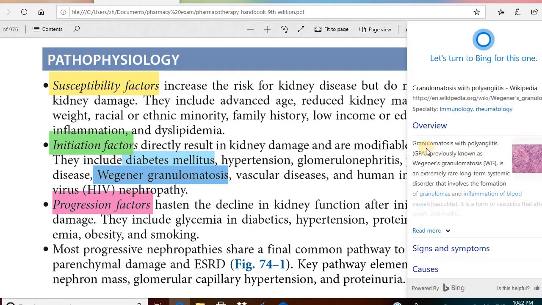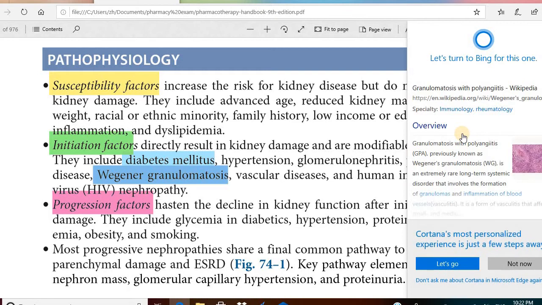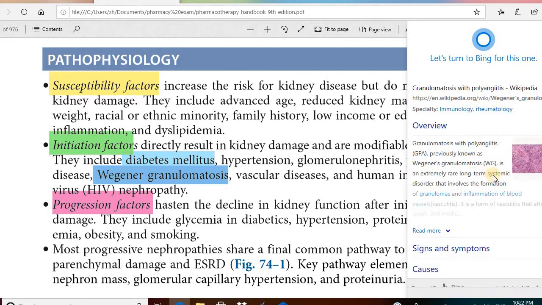So here you can see what is the granulomatosis with polyangiitis, previously known as Wegener's granulomatosis, is an extremely rare long-term systemic disorder that involves the